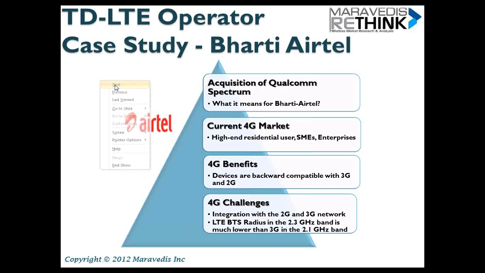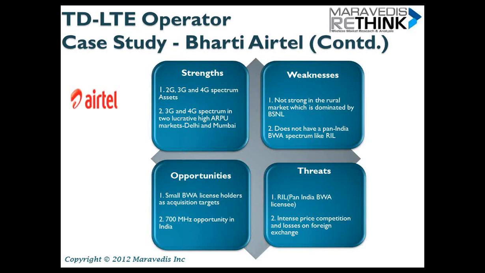I'll summarize Bharti's strengths, weaknesses, opportunities, and threats in this slide. Bharti Airtel, as I said, has 2G, 3G, and 4G spectrum assets in the country. It's important to mention here that Bharti Airtel has 3G and 4G spectrum in the two lucrative markets, that's Mumbai and Delhi. So this is a major strength. Bharti Airtel does have some weaknesses as well, which we have pointed out. Like, for example, they don't have a pan-India 4G license, which Reliance has, and they are also not that strong